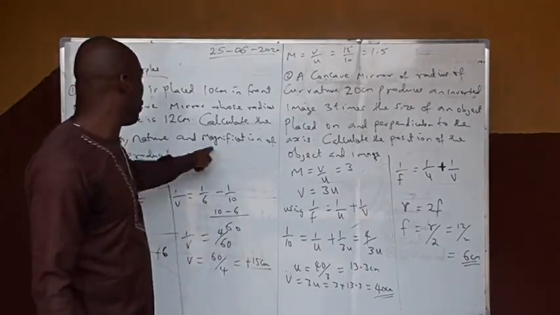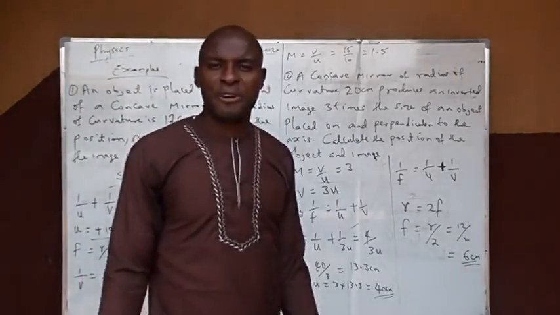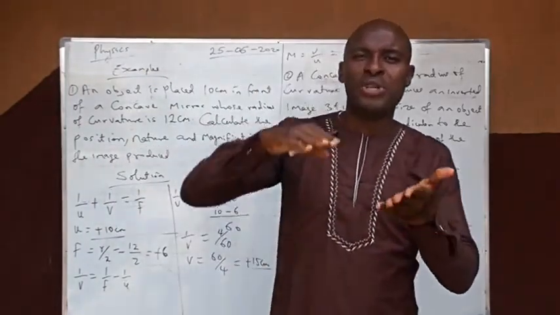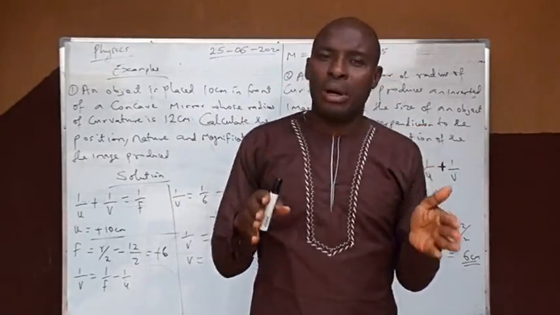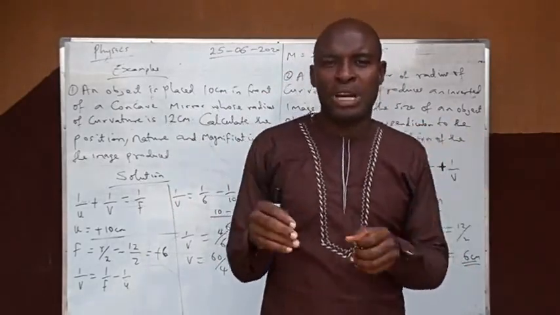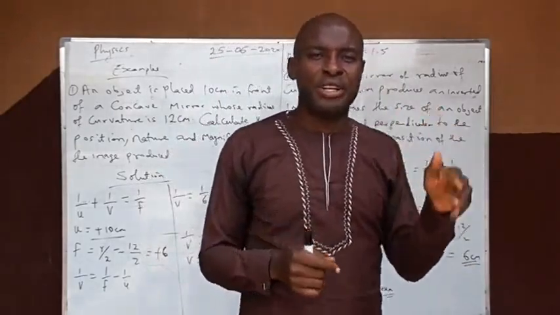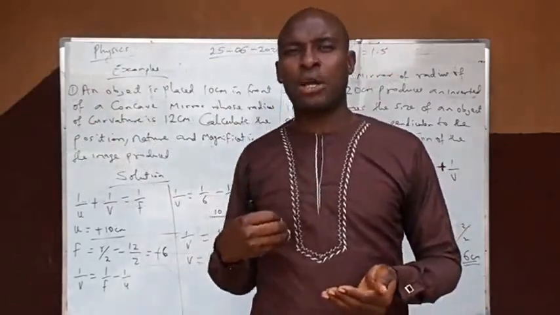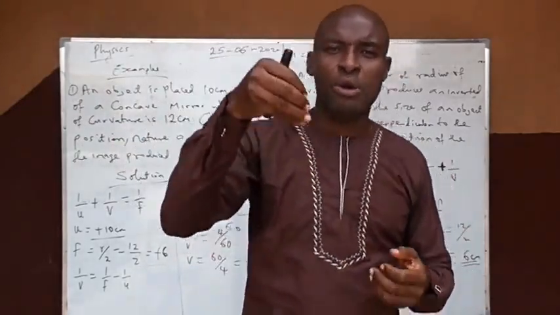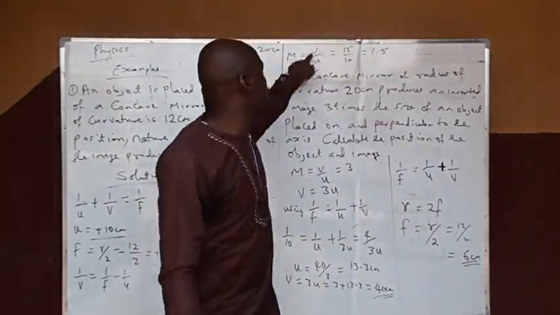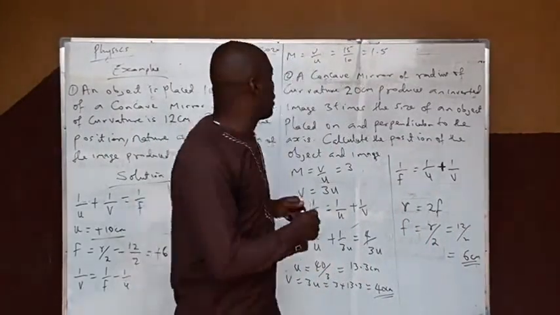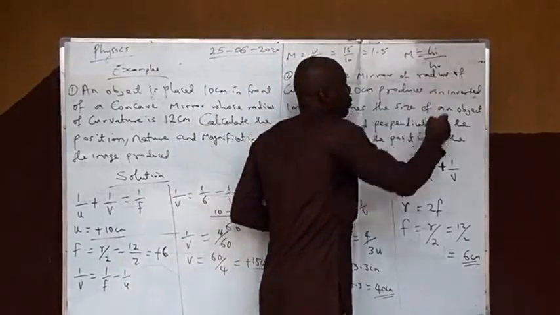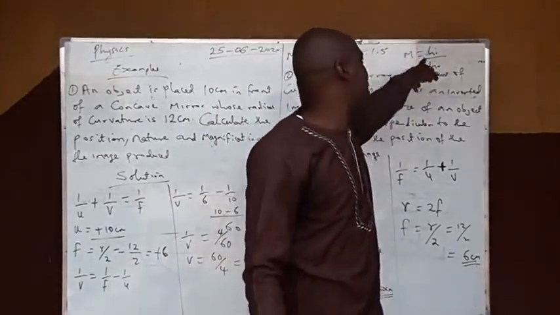The next question is talking about the magnification. Remember when we talked about pinhole camera? We were able to derive an equation using that similar triangle, as a result of the image formed by a pinhole camera. We were able to arrive at the relationship that magnification, which is the image height over object height, can also be solved as image distance over object distance. That is why I use v over u. But by definition, magnification, as you know already, is m is equal to hi over ho, which is the image height or size over object height.